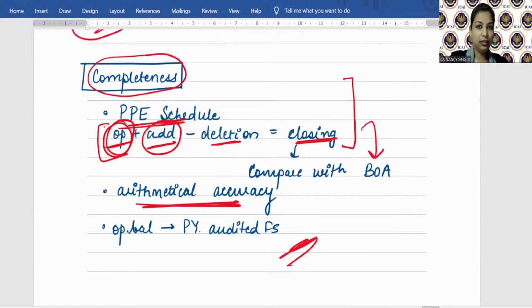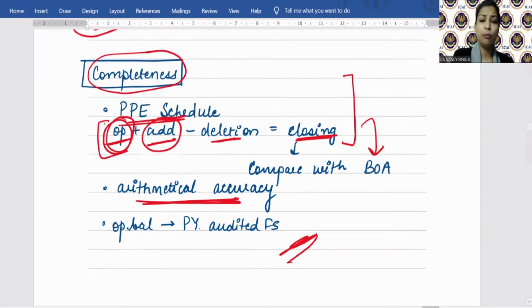ओपनिंग को हमने देखा, क्या देखा? दैट वी आर वेरीफाइंग इट फ्रॉम द ऑडिटेड फाइनेंशियल स्टेटमेंट ऑफ द प्रीवियस ईयर, है ना? वहां पर क्लोजिंग आ रहा होगा, वही आपका ओपनिंग होगा, तो ऑडिटर विल कंसीडर दैट. नाउ विद रिस्पेक्ट टू द एडिशंस, ठीक है? सो अगेन परचेज इनवॉइस विद रिस्पेक्ट टू द पीपी आइटम्स अदर देन व्हाट? लैंड एंड बिल्डिंग वेयर यू हैव द टाइटल डीड्स. ठीक है? बहुत सिंपल है और बहुत लॉजिकल है.